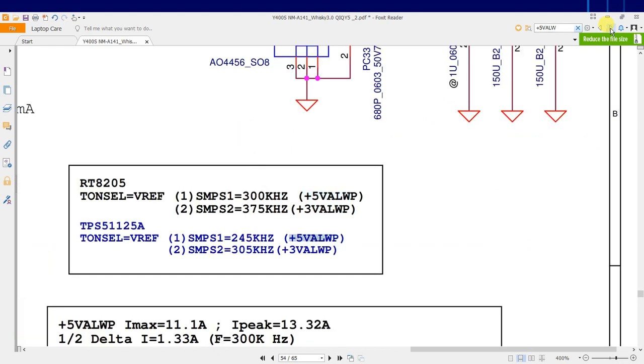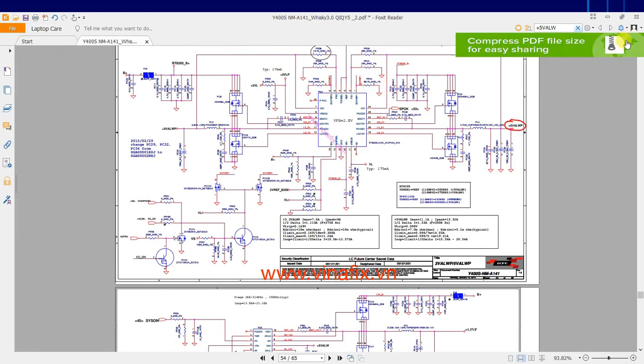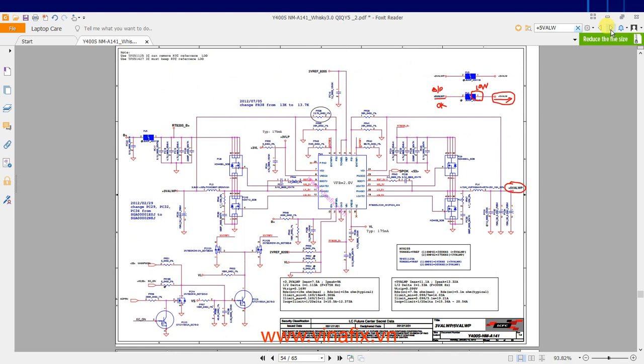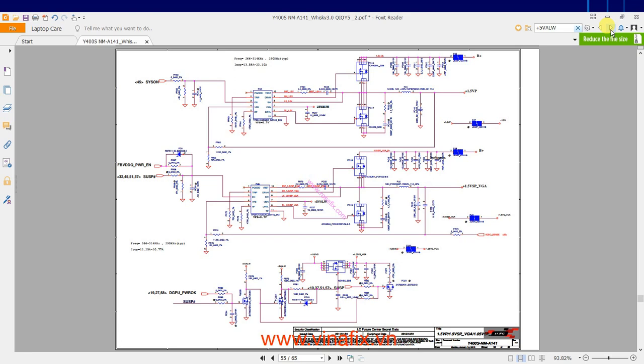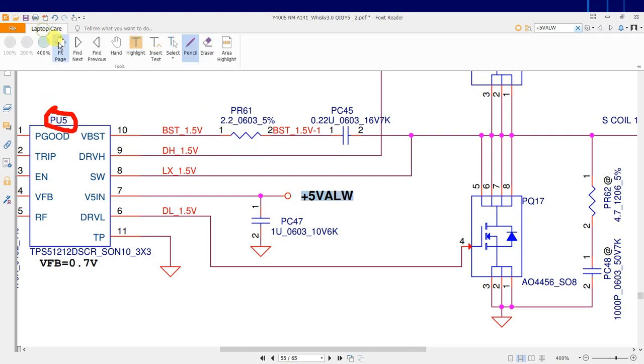So when we were checking on the board, let's see, this is the 3 volt 5 volt section. Going further, it was going to the 1.5VP, 1.5VSP_VGA, 1.05VSP section. Here in this section it is going to PU5 IC as an input voltage.